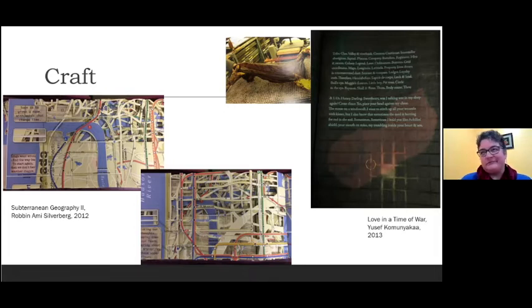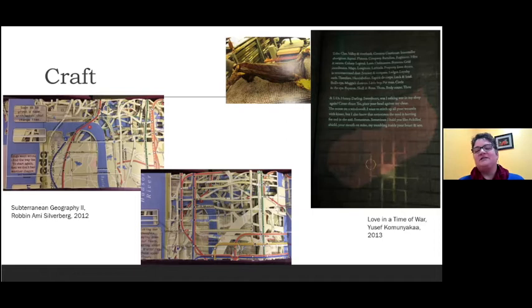So my particular examples on this slide are Robin Emmy Sloberg's Subterranean Geography 2, which is beautifully constructed, and actually, while it seems quite delicate and like it might get tangled up, in fact, it doesn't. She's really made it beautifully with these tabs on the outside, so that this web of streets and subways really stands out and in relief against each other. And yet I never worry turning pages that something's going to go wrong. And I always want users to feel comfortable using our materials. And I always want them to really interact and not be afraid of the material.